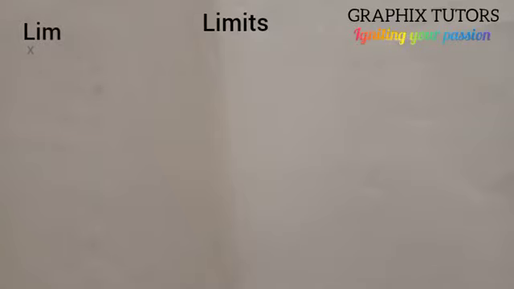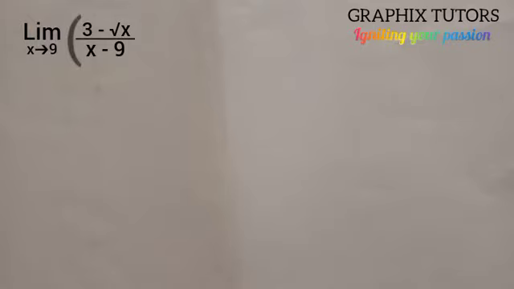If you look at the front of your screen, there's a problem in limits where we are told to find the limit as x tends to 9 of (3 minus root x) all over (x minus 9). If you look at this kind of problem, we say x tends to 9. What you should pay attention to is that there's a root sign, which means we are going to apply the method of